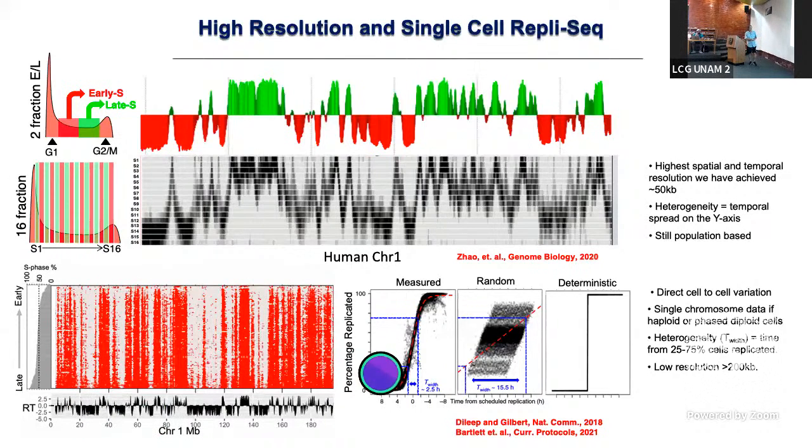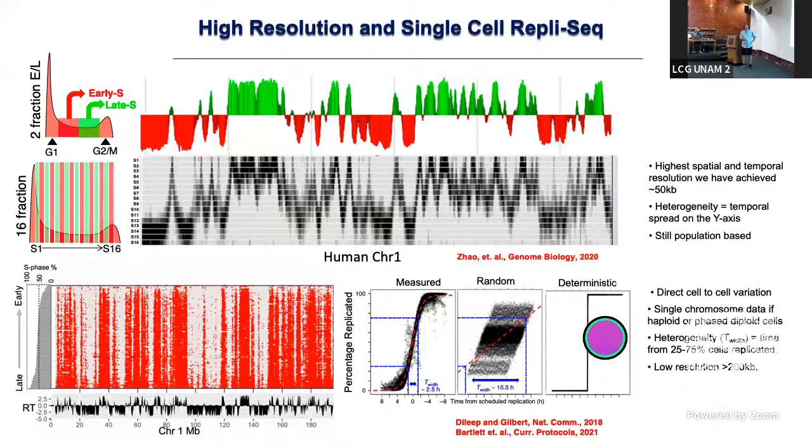And we can also measure heterogeneity in single cells by looking at the deviation of replication timing amongst many cells and many different bins from its average. So on the x-axis here, 0 is the normalized average replication timing from the log2 ratio. And then we look at each bin and look at how much it varies from the 0. And you can see that it's still quite deterministic, even at this lower resolution. Here's what deterministic would look like, and here's what random would look like, okay?